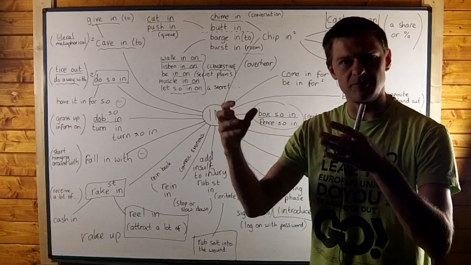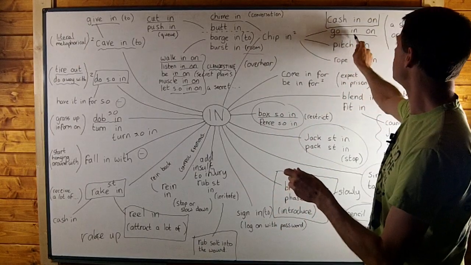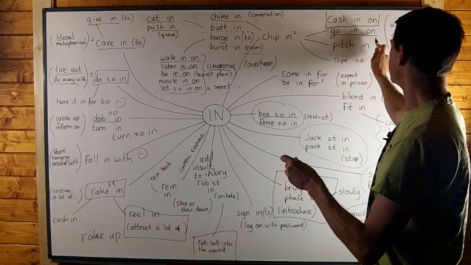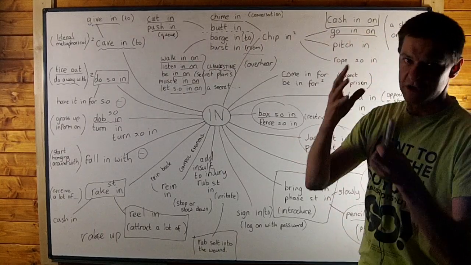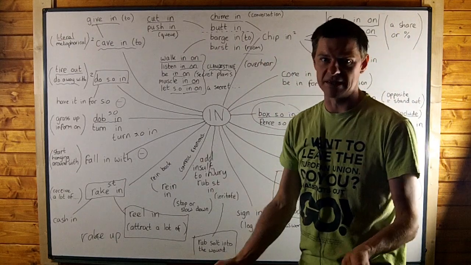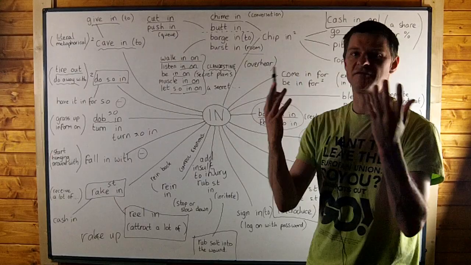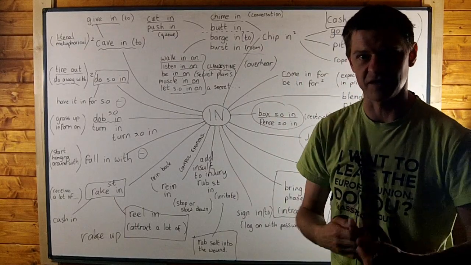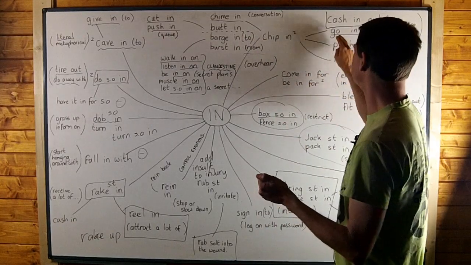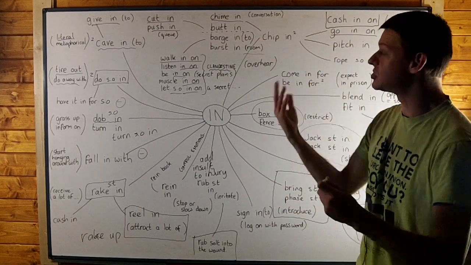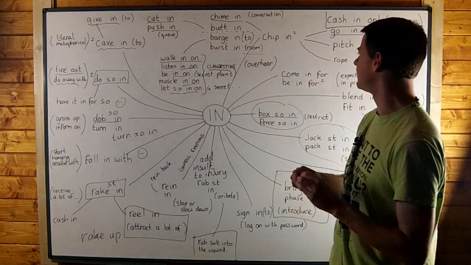So it's when several people decide to buy something together, which is actually go in on. They're very similar, go in on, but go in on gives you the object that you go in on. So if you go in on a pizza, you share the cost of a pizza. You all chip in £5 and buy a pizza for £20. So let's say there's 4 of you. You all chip in £5. You go in on a pizza. You share the cost of a pizza. Okay, so that's one meaning of chip in.